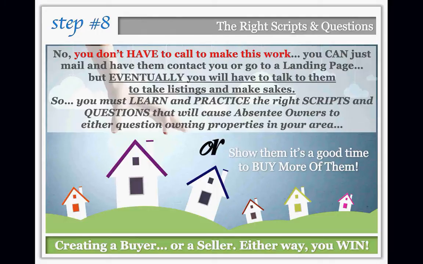One of the scripts we used to use, we called the piggy bank. Right? We used to call the equity in properties the absentee owner's piggy bank. And we'd talk in terms of how that piggy bank had grown, that would be their equity, and how they might not be earning the returns they could get elsewhere on that equity. The key, if that's the truth in your market area, is to know where else in the country is a good investment at all times. We had referral agents all over the country that we referred our sellers to, to buy replacement properties somewhere else. See, a lot of these people don't want to get out of investments. They just need to get into an investment that has a better return for them, right?